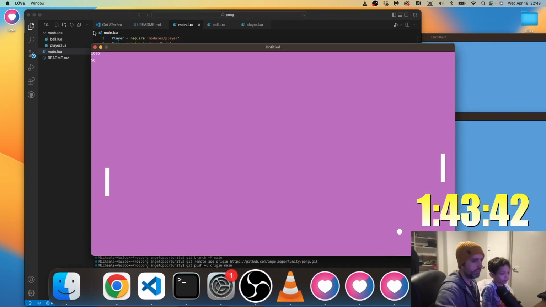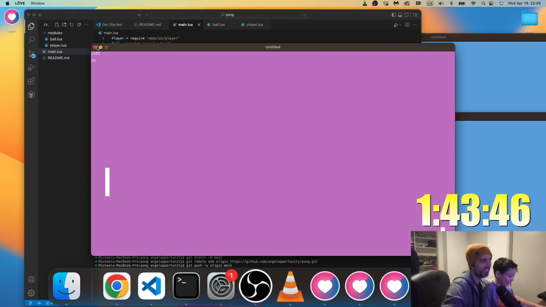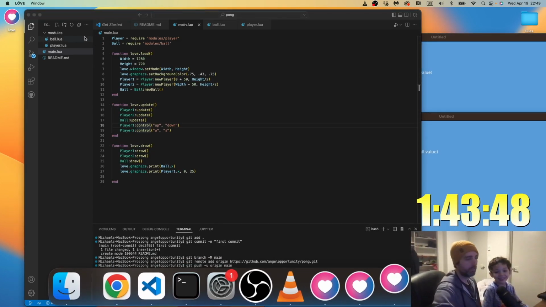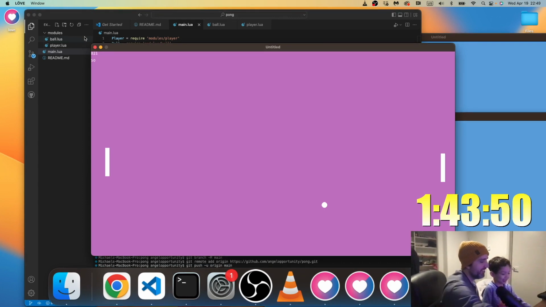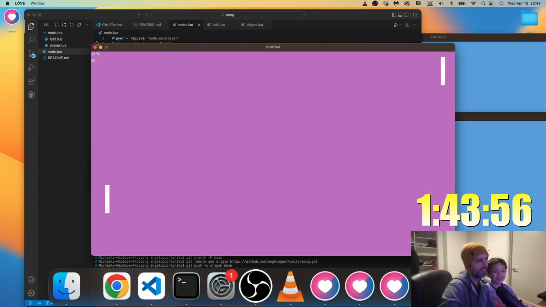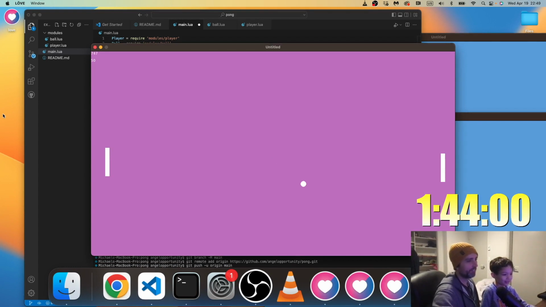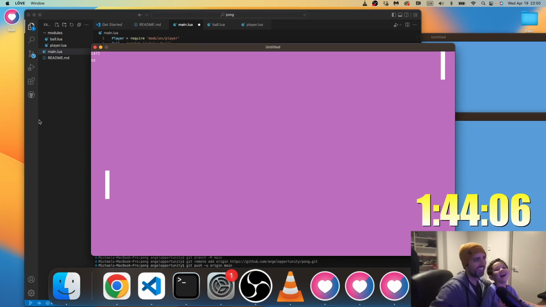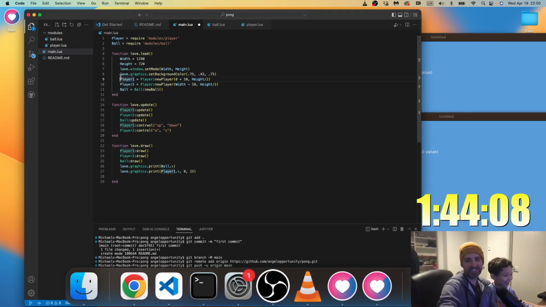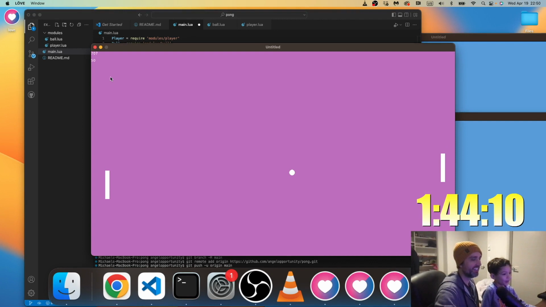All right, dude. I got a point. What buttons are we using? W and S. These two. I kind of had an advantage because the ball always starts out going toward you, just because I have it in like that. You gotta hit it, okay? Just do a slow hit.